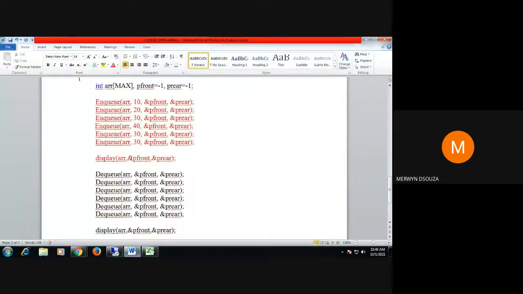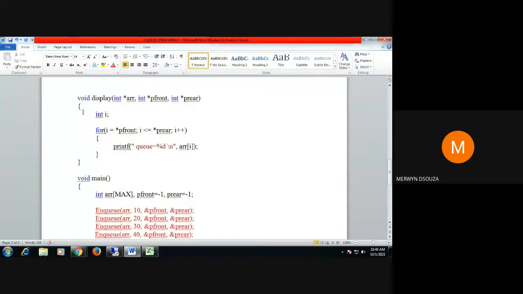So I pass the value of front as 0, value of rear is 4, and I pass them here. So now all those are received here by these variables. Your array is received here by this pointer. The front is received by p front and the rear is received by p rear.